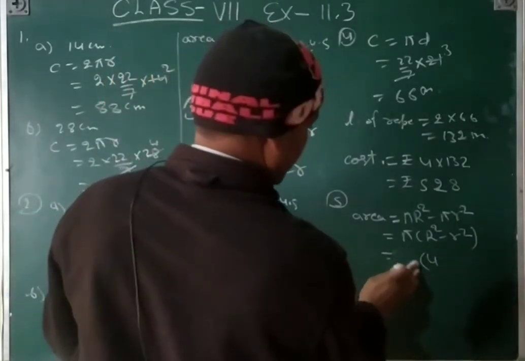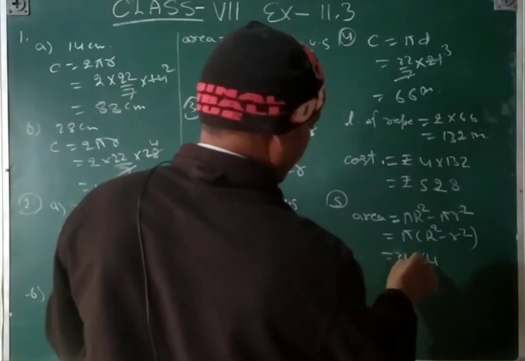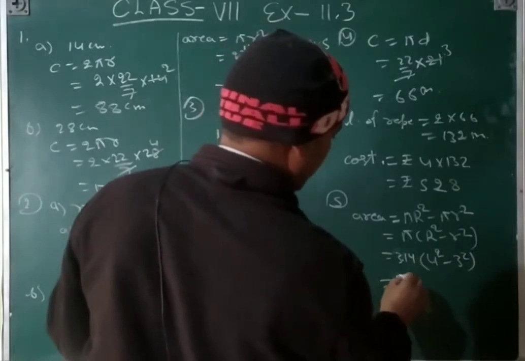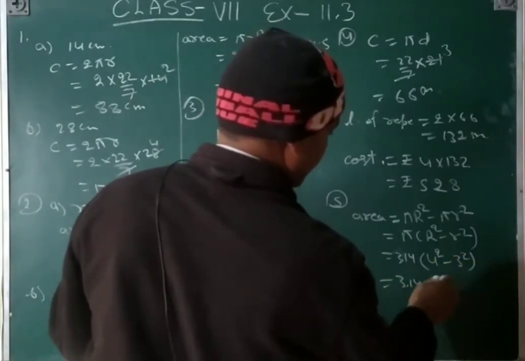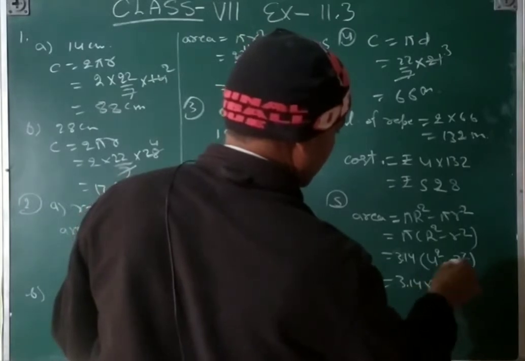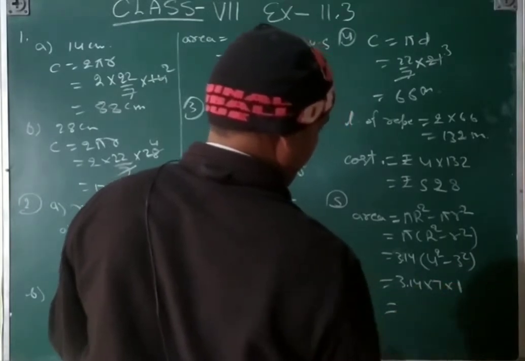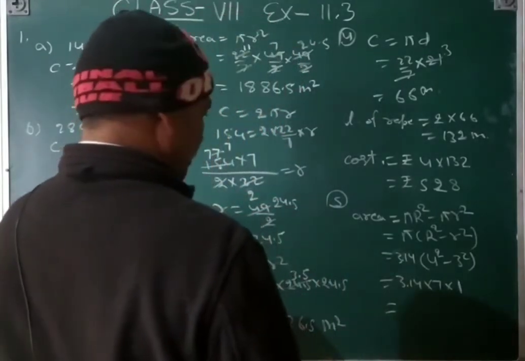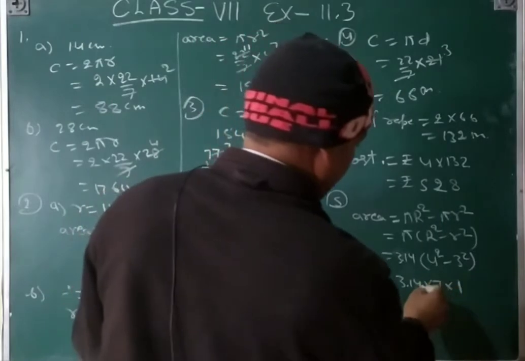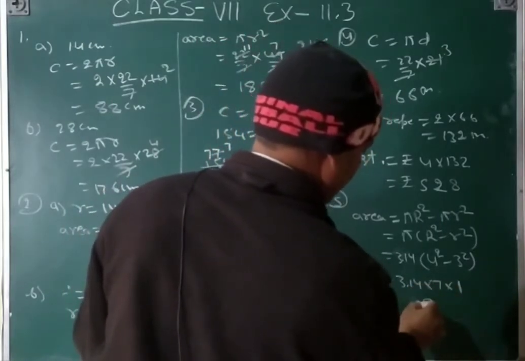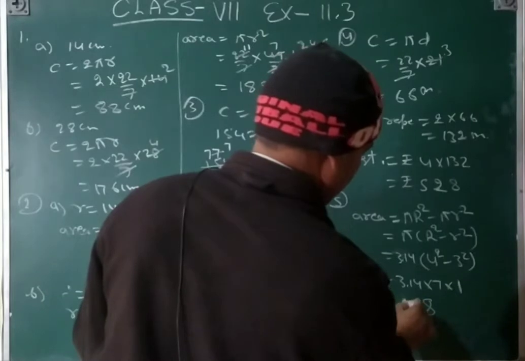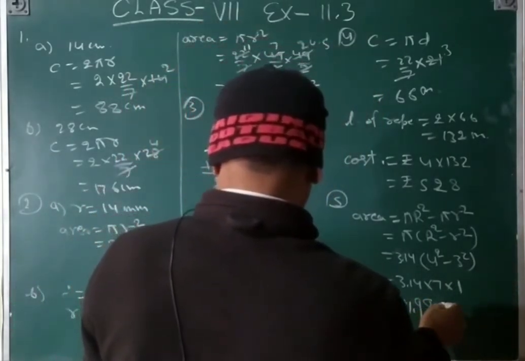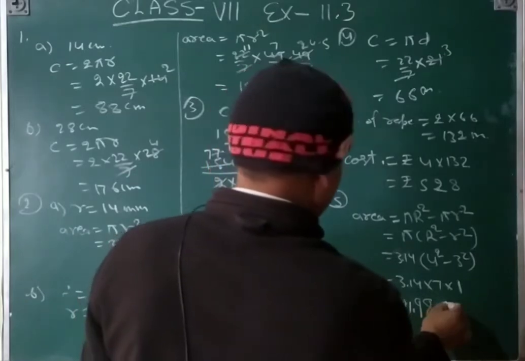And then the pi value is also given here, 3.14. That is 4 square minus 3 square. Here we need to calculate. Here we will do directly 4 plus 3 is 7 and 4 minus 3 is 1. So multiply both, that will be 7 4s are 28, 7 1s are 7, 2 9, and then 7 3s are 21, so 21.98, that is centimeter square.